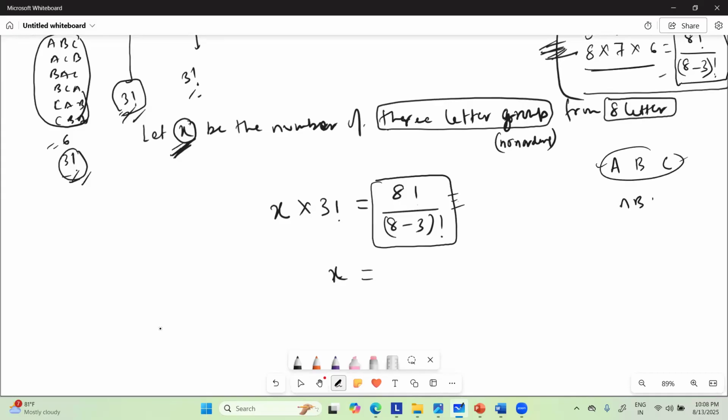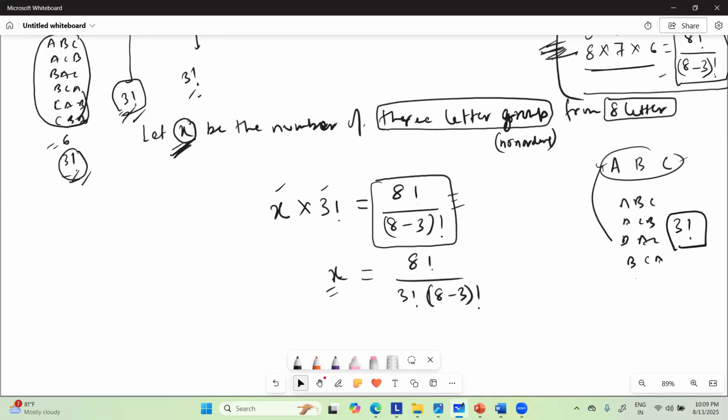जैसे यहाँ पे देखो, ABC is a group. But ABC, ACB, BAC, these are the letter words. So one group can create 3 factorial words. So X groups will create X into 3 factorial words. So X will be 8 factorial divided by 3 factorial. मुझे दोनों के बीच में डिफरेंस ही नहीं समझ आ रहा।